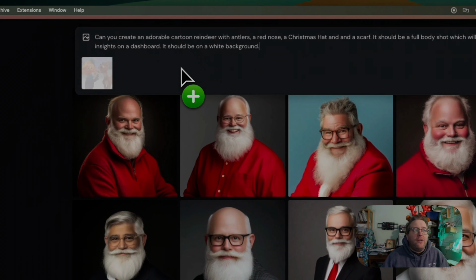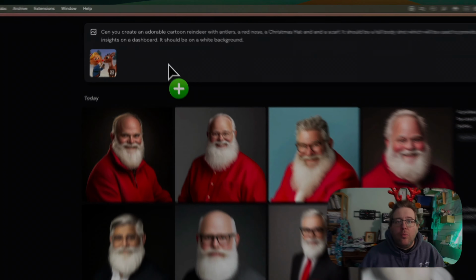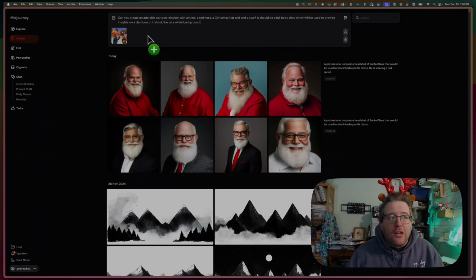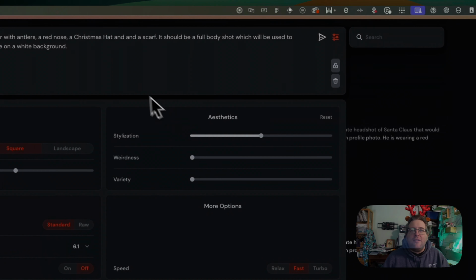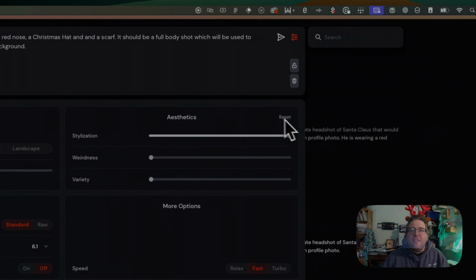Next thing we're going to do is give it an image to add just a little bit of reference points. So I picked the classic Rudolph from my childhood. And what we want to do, we have a couple of options here. We can either use this as a character reference, or we can kind of use it as style reference, right? Where we say, use this kind of look and feel. That's what we want to do. The last thing I like to do is adjust the stylization just to make sure that we've got something that's a little creative and original. In fact, why don't we jack it all the way up to the top in Christmas spirit,